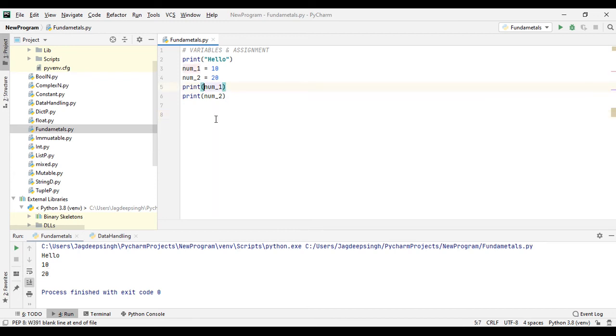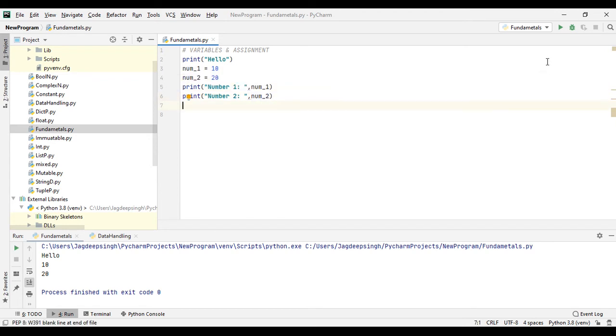To make the output more attractive, you can use a message here, number 1 colon, and here we can use the comma to concatenate these two values, then number 2. Here we use a comma to join one string along with the second number value.